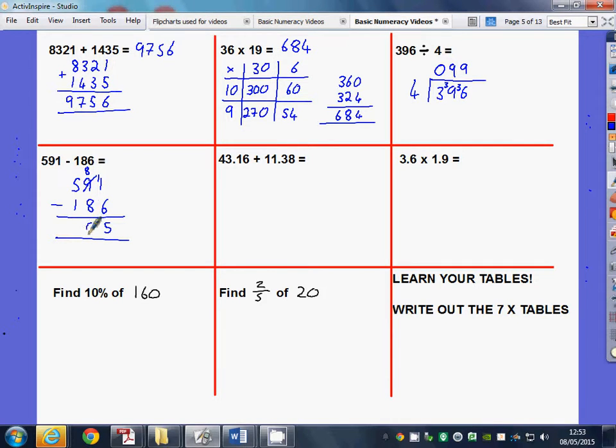8 take away 8 is 0. And 5 take away 1 is 4. Leaving an answer of 405. We said if you could do number 1, you could do number 5. It's addition, and I've got